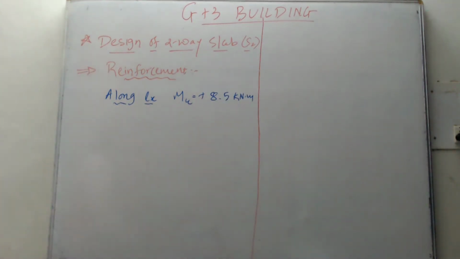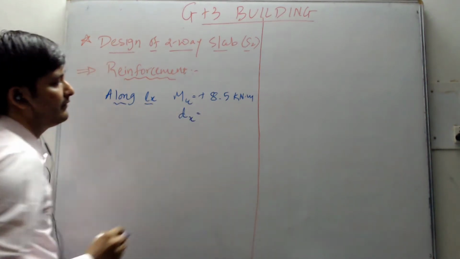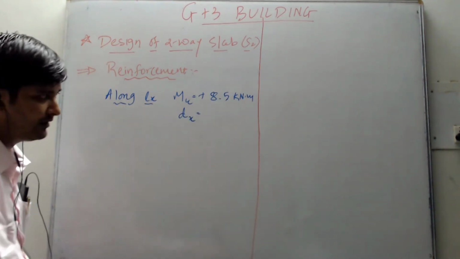So now once we get the Mu value, to find out the PT value we have two options. Either we can use the formula for PT that we already discussed in our previous lectures, so you can refer to my previous lecture to find out the PT value, or the second method is we can use the SP16 code, right? Before that we also have to write down the effective depth. This will be at the bottom.